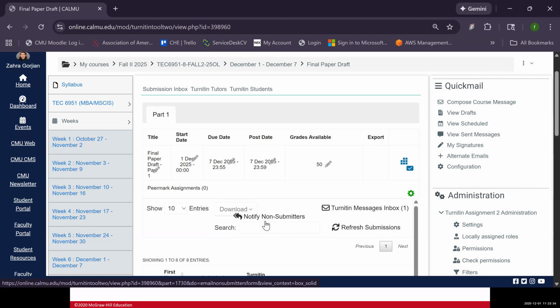So make sure that you submit a very thorough and complete final paper as your draft, so you will receive very good feedback on your final paper draft, and you will modify as needed so you can submit your final paper and receive a very good grade, hopefully.